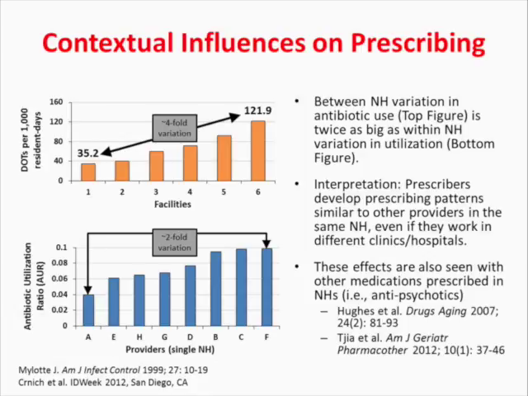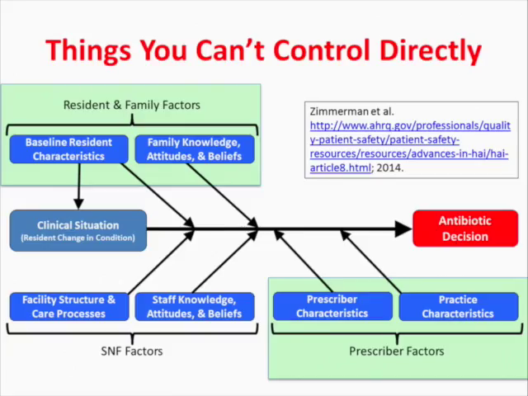And this pattern of practicing like other prescribers in the facility exists even if the prescribers work in different settings outside of the nursing home. So there's something about the nursing home that is causing some commonality between prescribing patterns. And this is not something that we see just with antibiotics. We've seen similar effects when we look at medications like antipsychotics and anticoagulants. So this is a common feature that's telling us a lot of information: nursing homes are influencing the decision to start antibiotics. It doesn't tell us how they are influencing the decision, only that the effect exists.